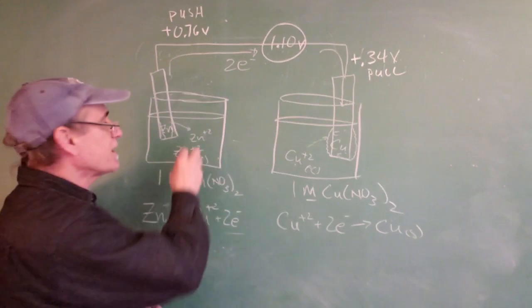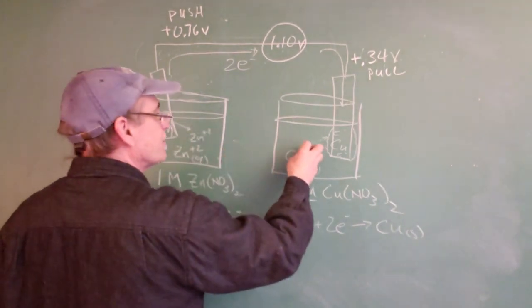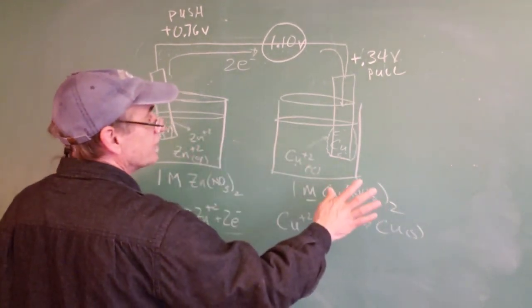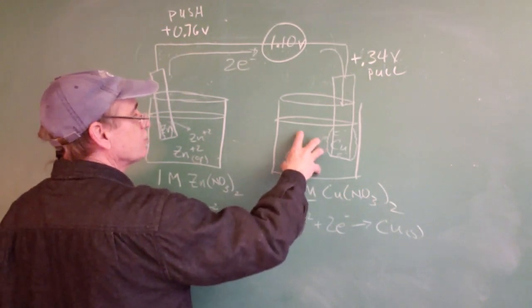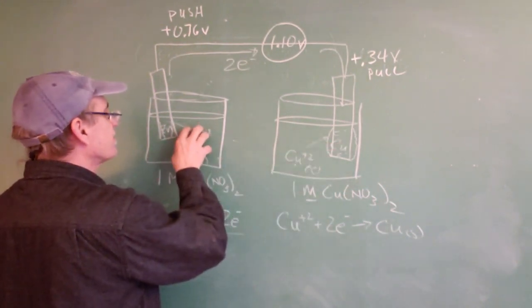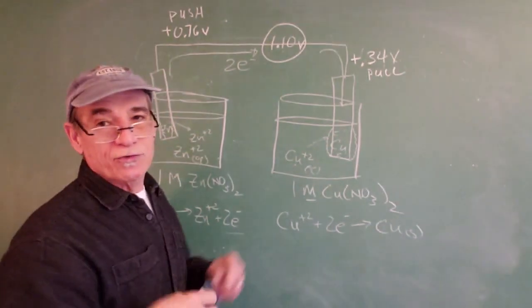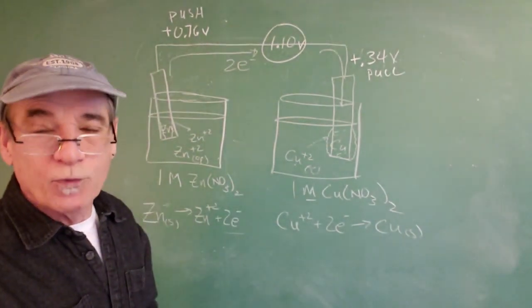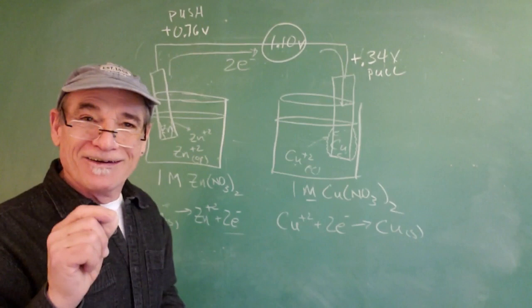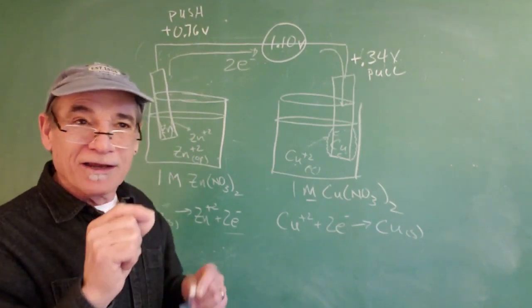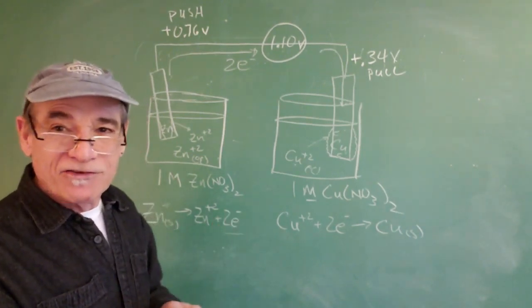Well, once the cation buildup begins and the anion buildup begins here, the battery stops. Because anions in this solution are going to repel electrons, cations in here are not going to let the electrons go, so consequently the battery just quits. Well, it turns out that there's a mechanical way that we can fix that imbalance, and it's something called a